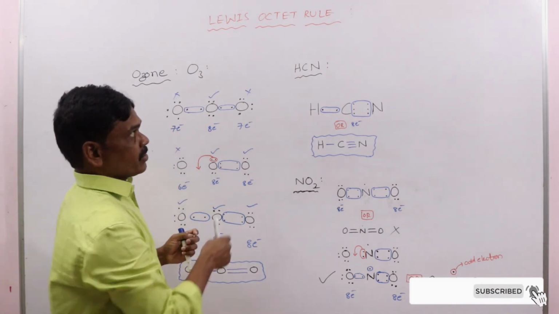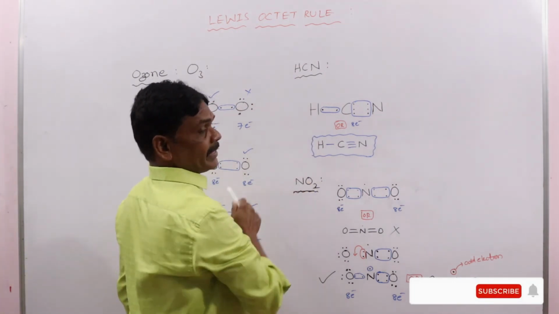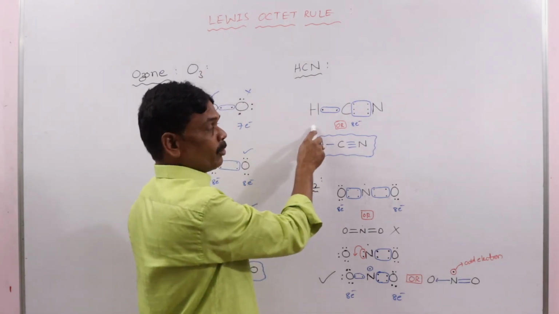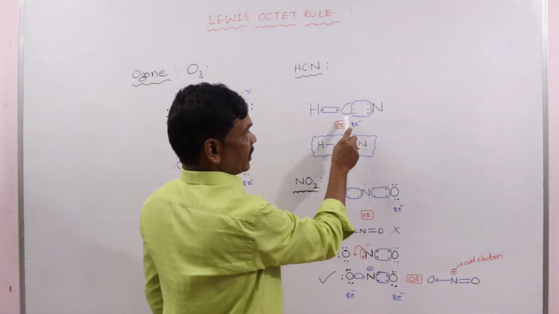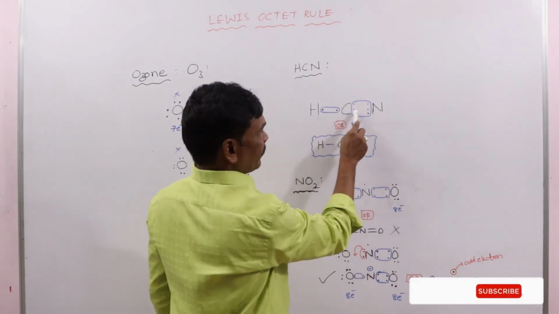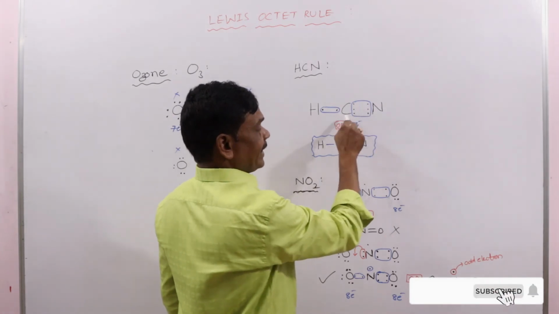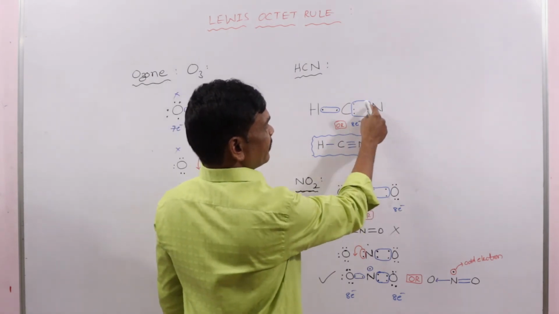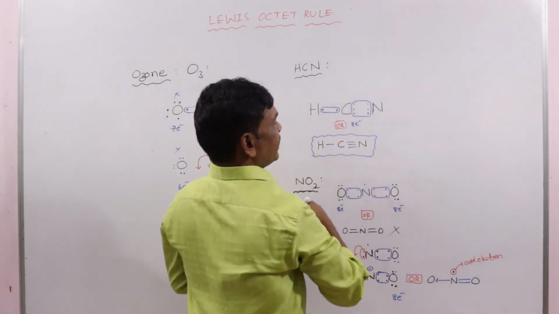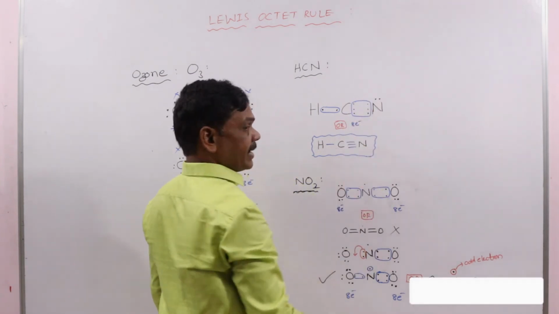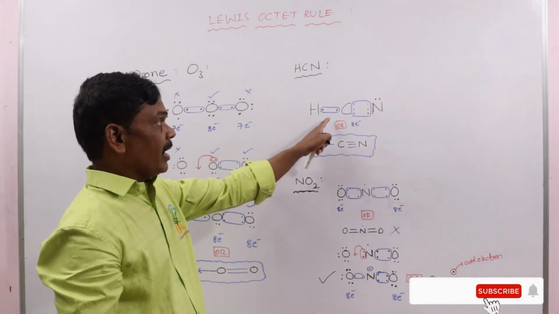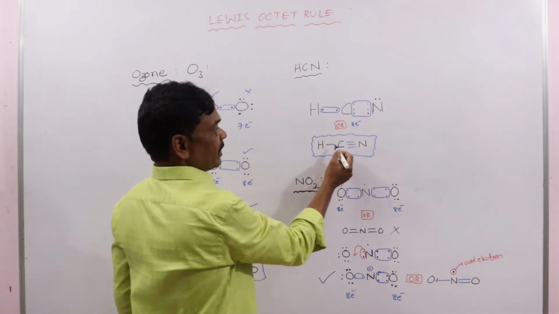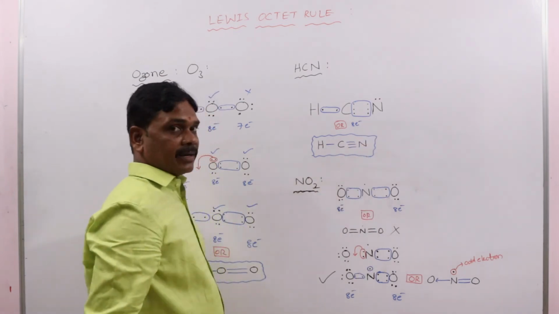So that is ozone. Now hydrogen cyanide, in the formation of HCN. Already I said hydrogen is an exception. Instead of an octet we use a duplet, so 2 electrons completes it. Now carbon: 1, 2, 3, 4, 5, 6, 7, 8, so 8 electrons in its valence shell. Here also, you see nitrogen has 1, 2, 3, 4, 5, 6 and 1 lone pair is present on nitrogen, so the octet rule is satisfied. This is the structure of hydrogen cyanide. All are covalent bonds.